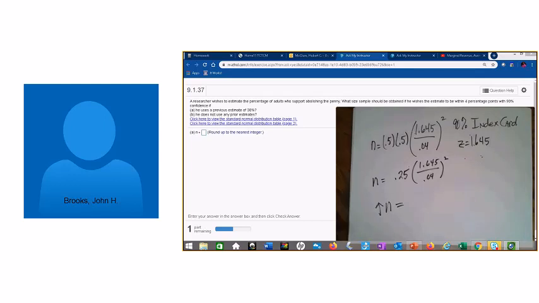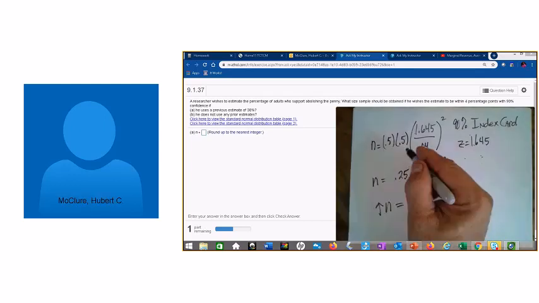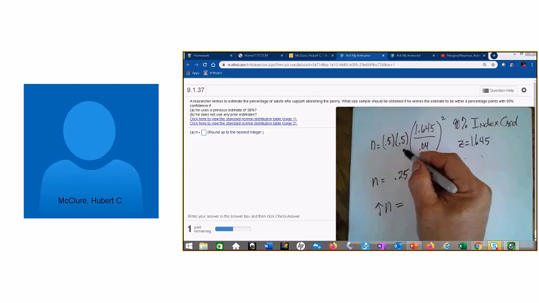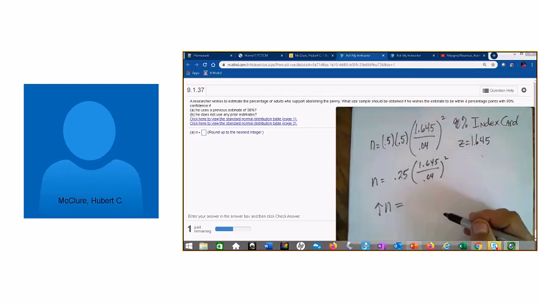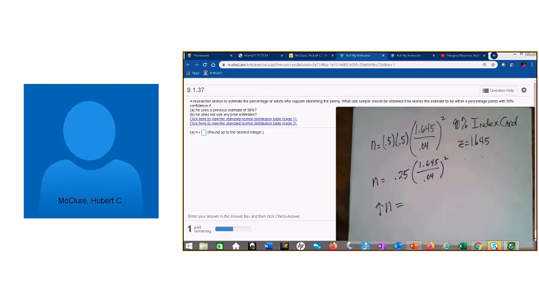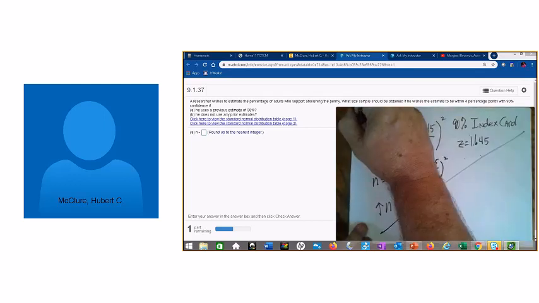I'm sorry, I didn't see that. Okay, well, this is what you would use if they didn't give you A. This is kind of misleading. They don't give you one, and then they say A. That's okay. All right, so let's just say what if